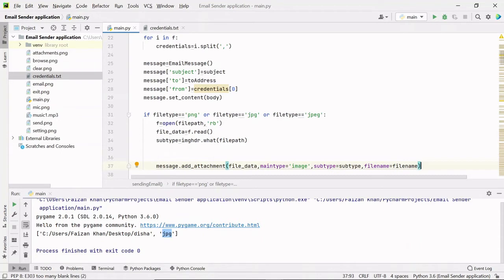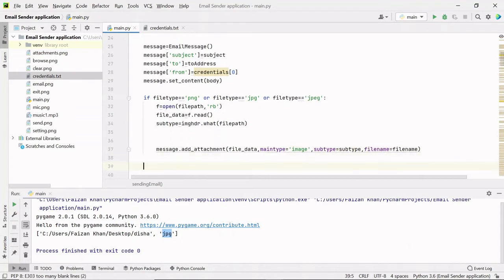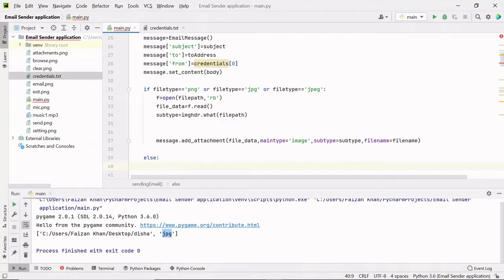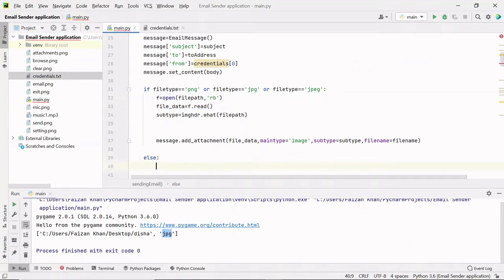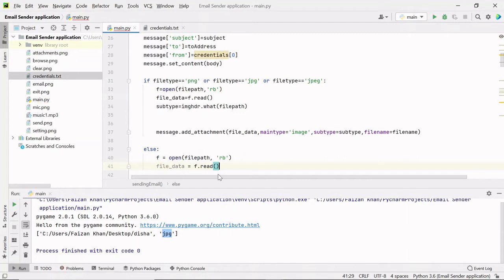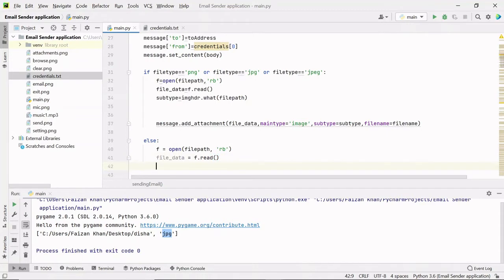And if the file type is some Word file or Excel file, in that case we will simply go to the else part, and in the else part I'll again open that file, and then I will read the data of that file and will store that data inside that file_data variable, just like we did for our image file. And again we will use add_attachment method for sending attachment.